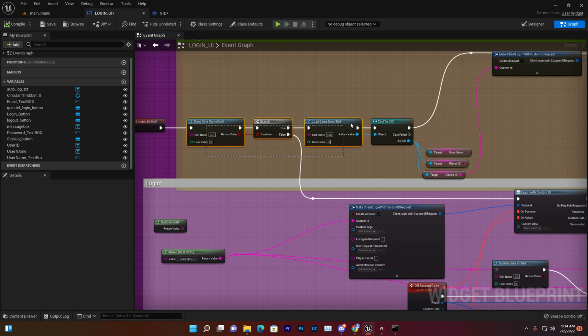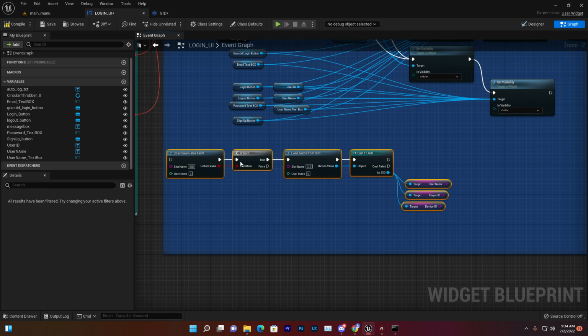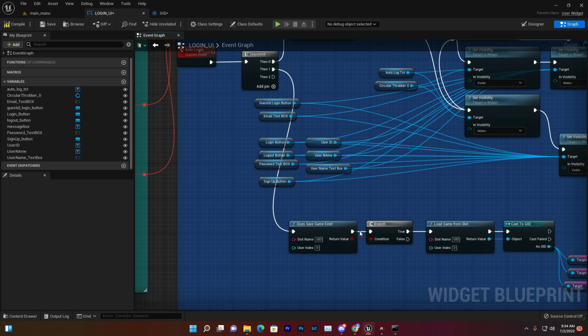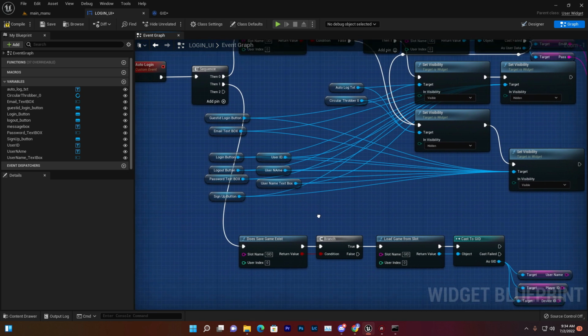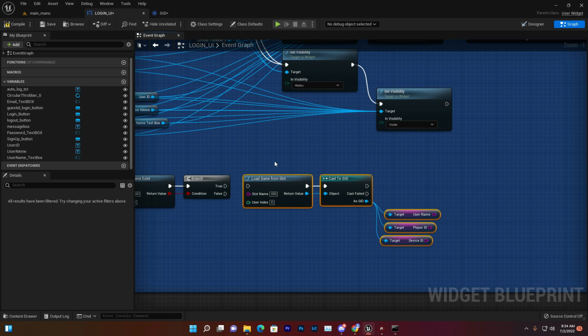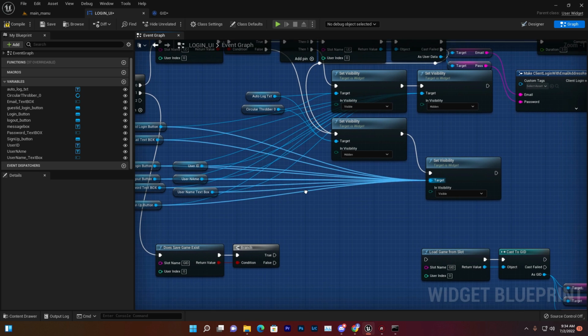So then it will load that stuff, username or whatever it has here. If this thing exists, so now get that, if it exists,